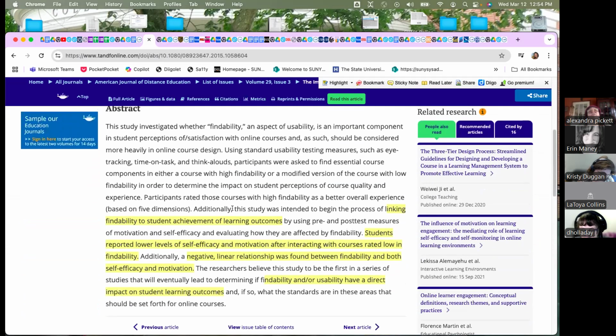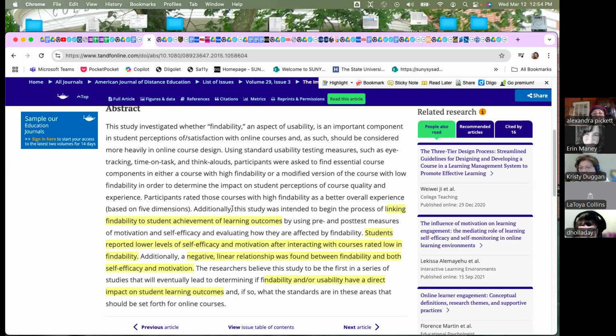And this paper blew my mind because they did an eye tracking study on new fully online students who were entering a course, during the first few days or weeks of the course, and they wrapped a whole research study around it, and the findings were mind-blowing to me. First,